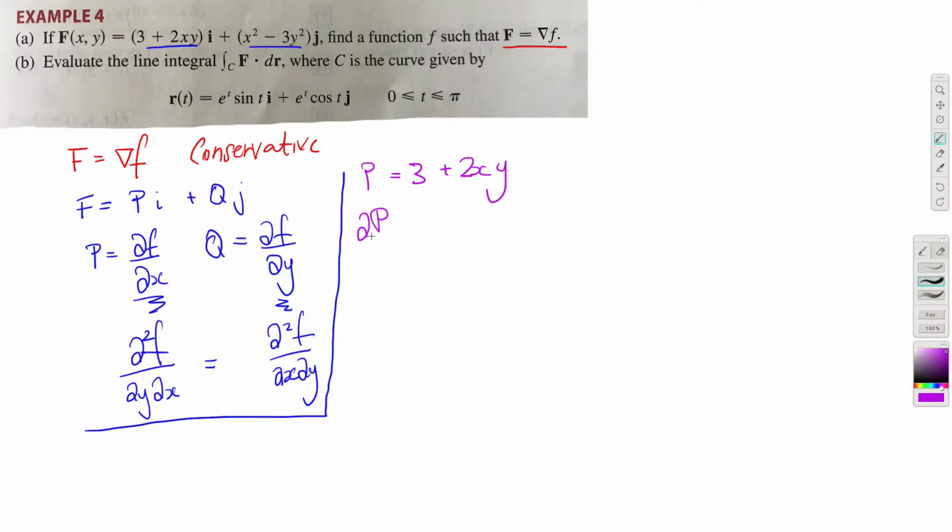Therefore, dP/dy, we're deriving this with respect to y, so that goes away, and we're just left with 2x. And then we get Q